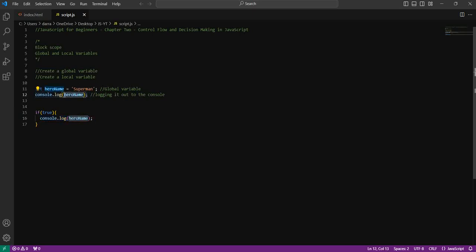So really what this is, let me just comma separate here. Okay, this is the global variable being logged to the console, okay? And here is the global variable being logged to the console from within the if statement. So within the if statement, we still have access to that variable, okay? So we just save and refresh. This is a global variable being logged to the console from the if statement,